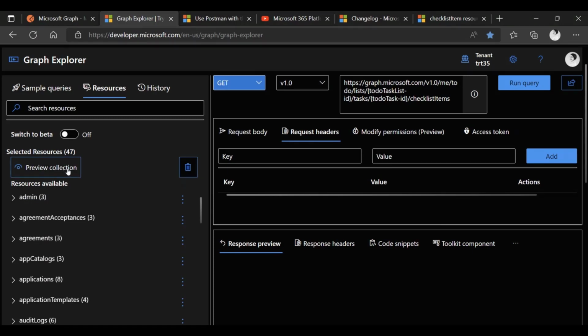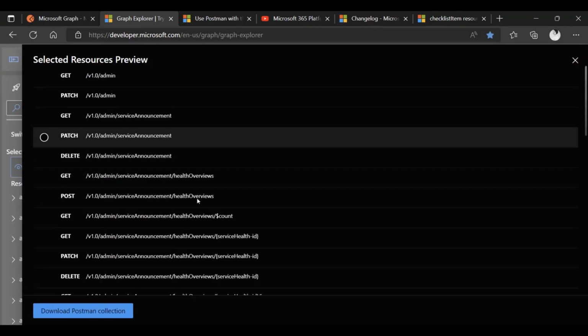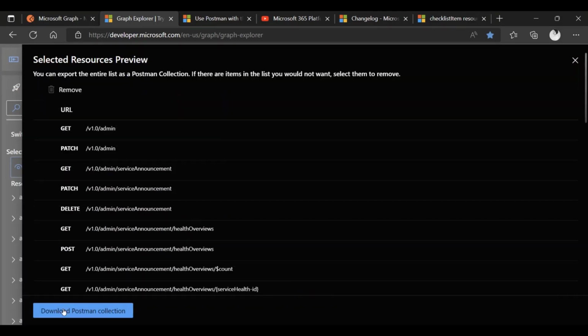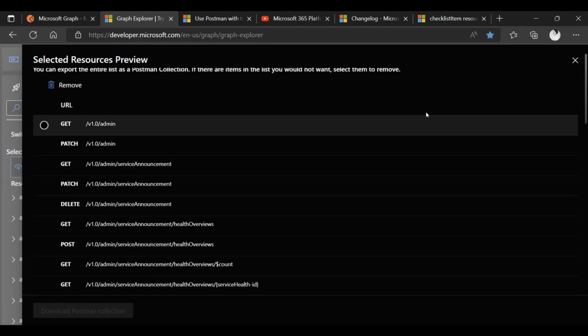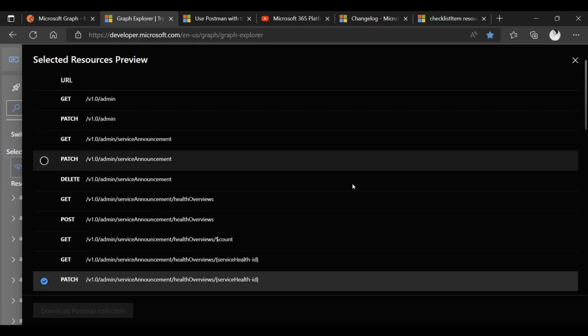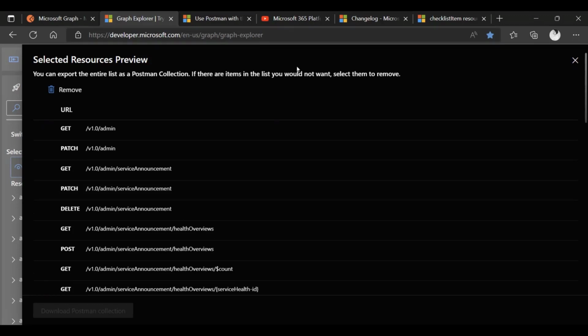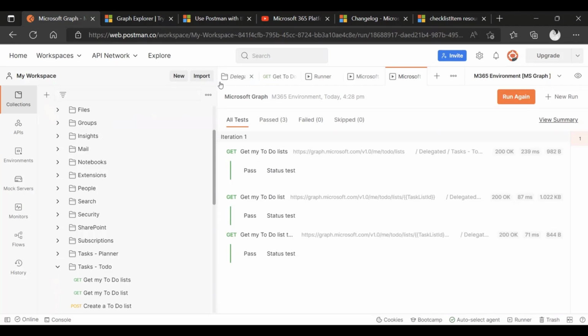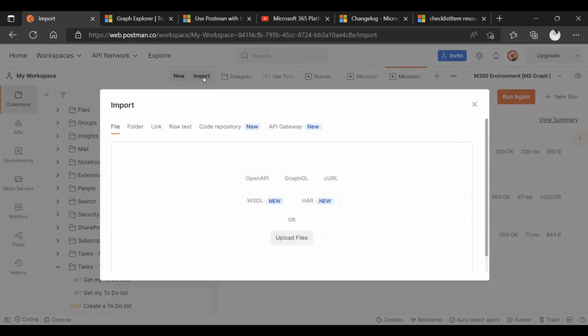So to make this very quick, I just added a few things. This is what I added to the collection. And then I can say, download the Postman collection. And it should be downloaded. And if I go very quickly to Postman, I can say import, and I'm going to upload the file.